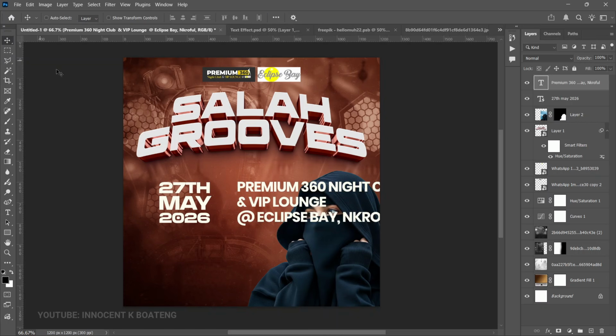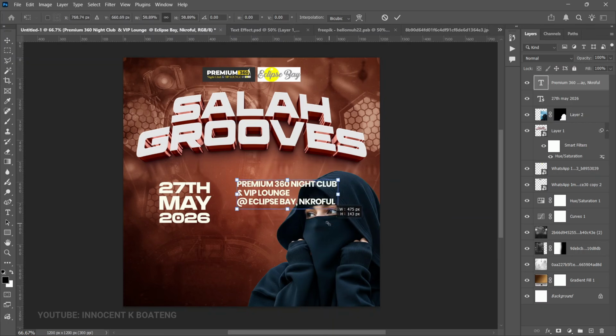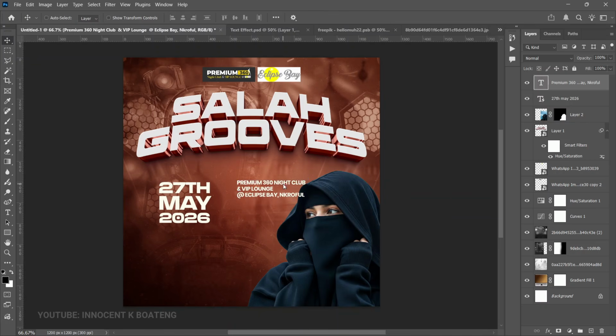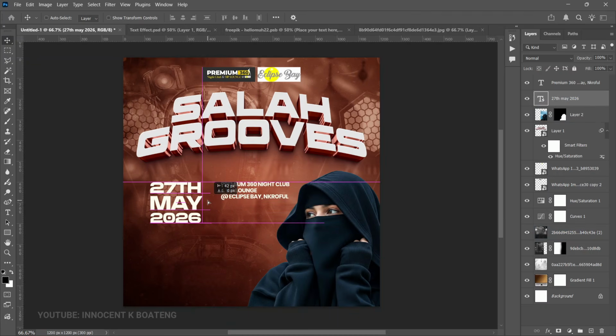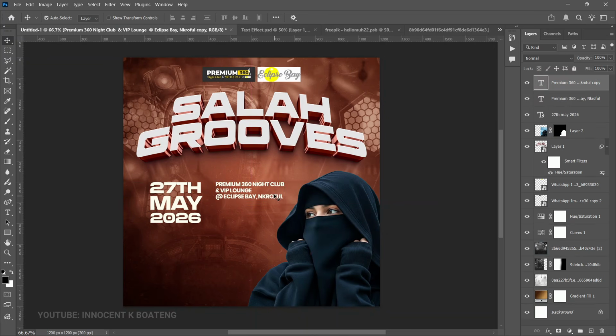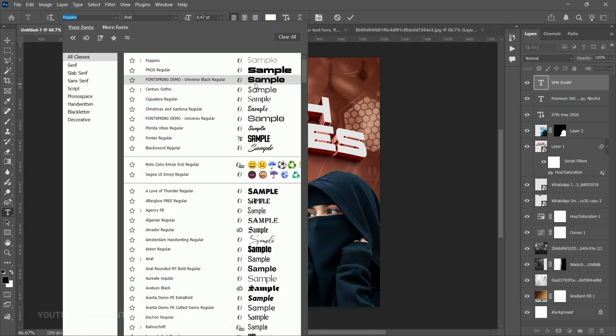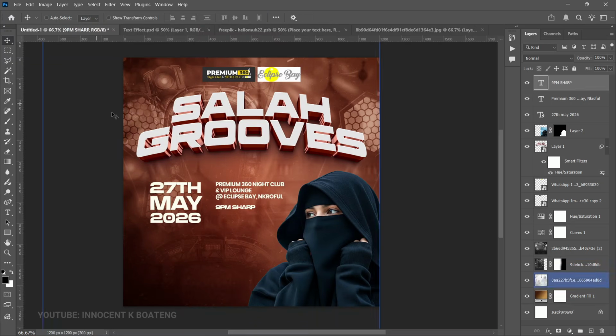So I'm going to paste that also here. Press Ctrl T and transform it nicely like that. Make sure that it's aligned. Let's put the text somewhere here and this one over here. Make a duplicate by pressing Ctrl J and drag it down, and then we are going to change the time to 9 p.m. sharp. For that, we go back to the Font Spring Demo, and then you can press Ctrl